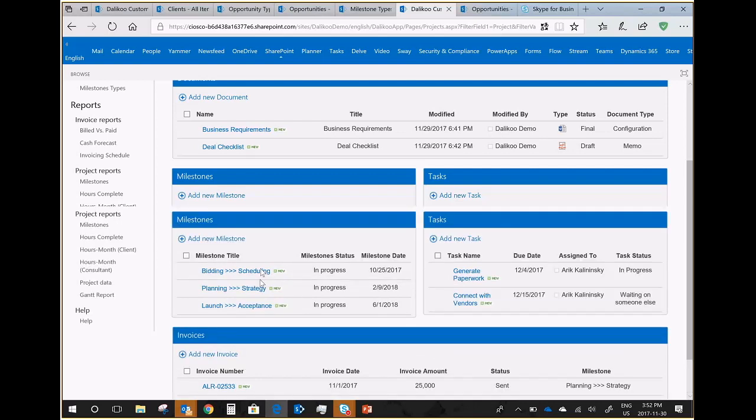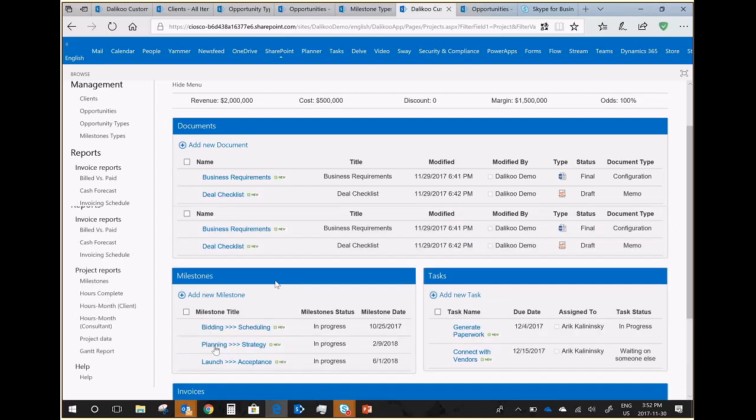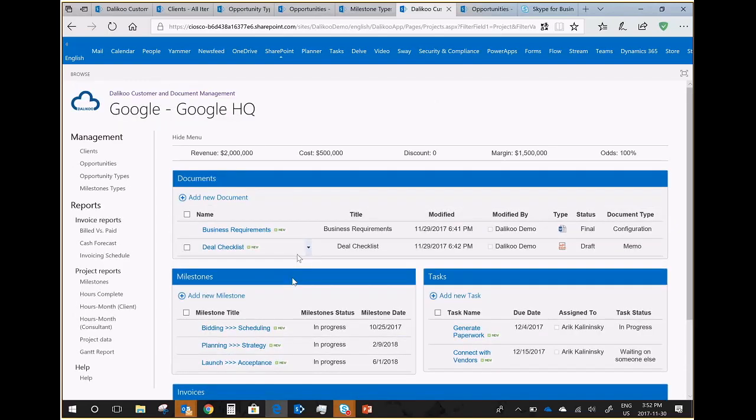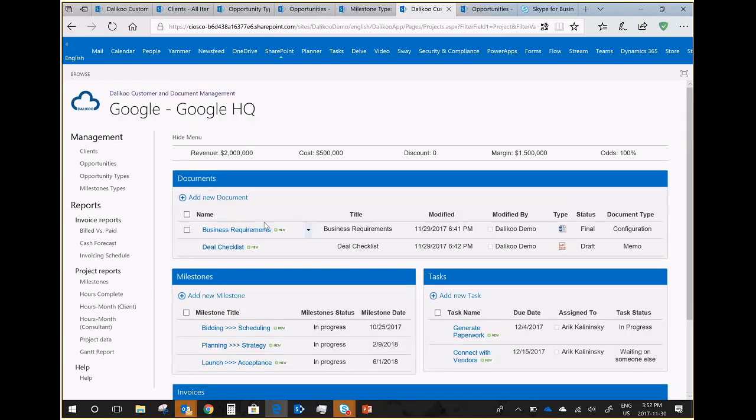But once a customer gives us that, it's very easy to create this customization and essentially have a full integration with the invoices right inside Dalikoo, to the point where all the Google headquarters kitchen invoices that you need to track are going to be automatically tracked in here. Last thing I want to say about this interface is